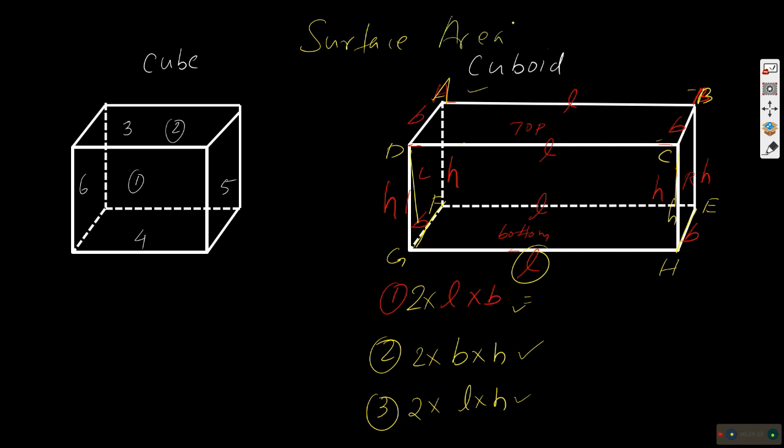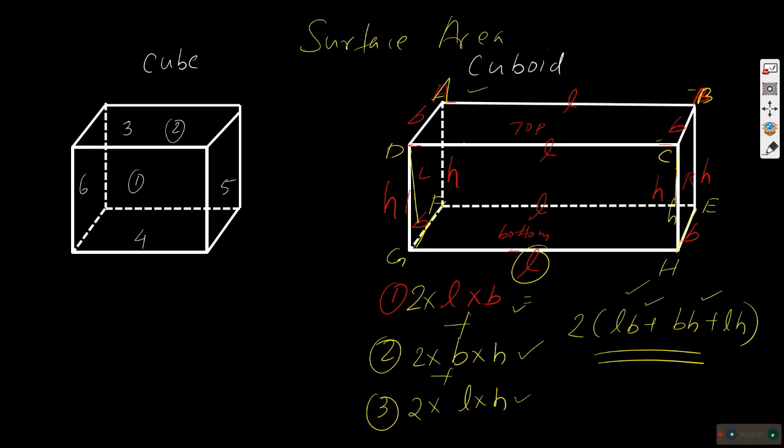Surface is surface, you know, that which can be felt or touched. In the case of total surface area, we are calculating the area of all the surfaces which are in contact with air. So in that case, we have to add all these things. We get the area of 6 faces, or simply the formula can be written as 2 into length into breadth plus breadth into height plus length into height. This formula you should remember,